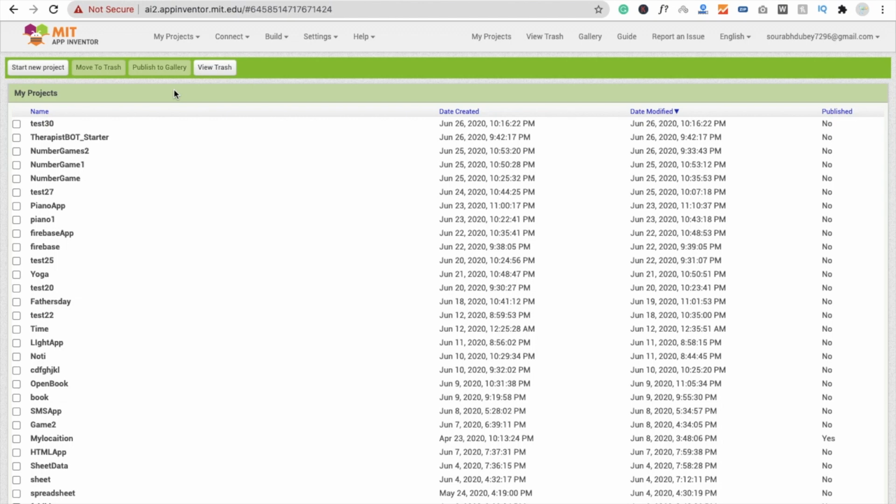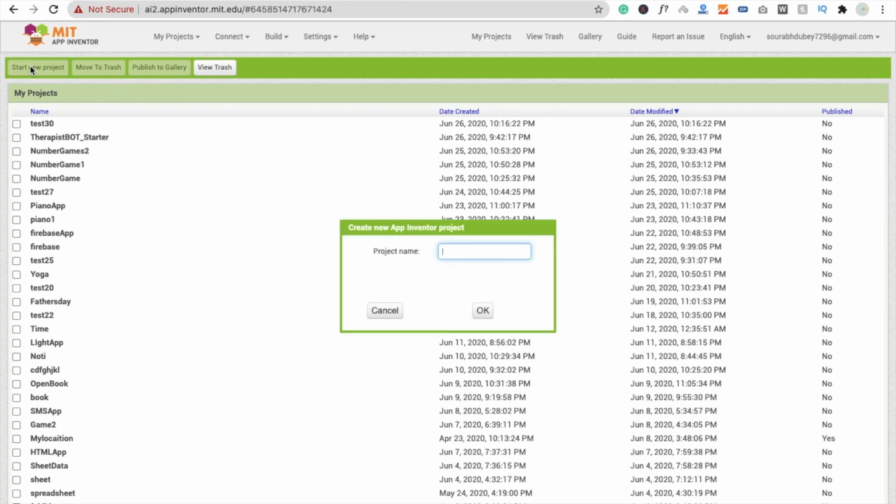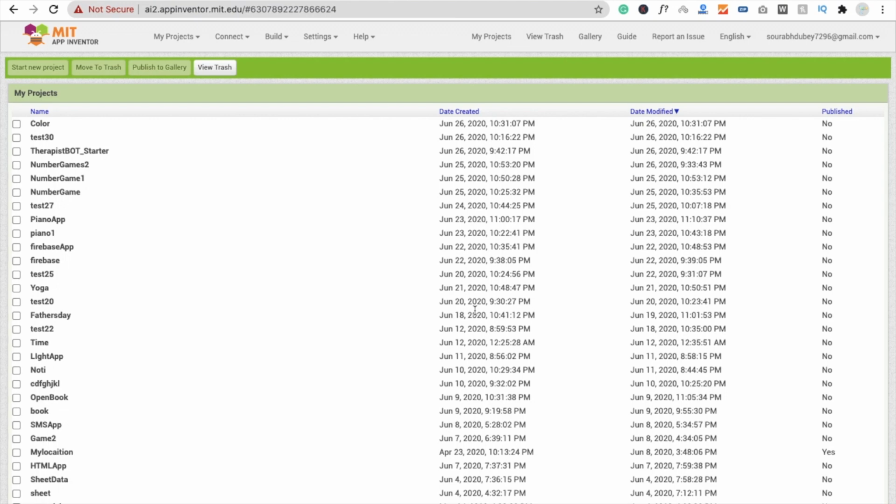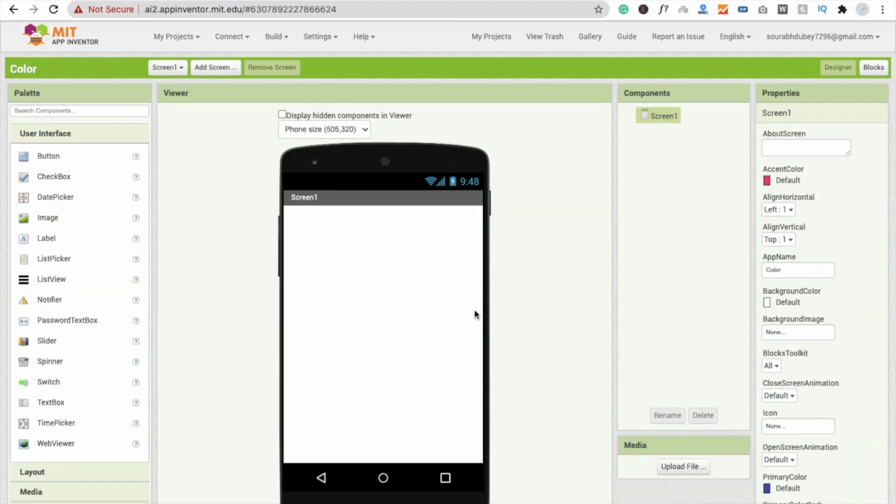In this video, we will talk about the color component. So here we go. Here we start a new project and just type your project name as color. And here you can see the screen. I'm going to display a random color dynamically. So how can we do this? We are going to change this screen color